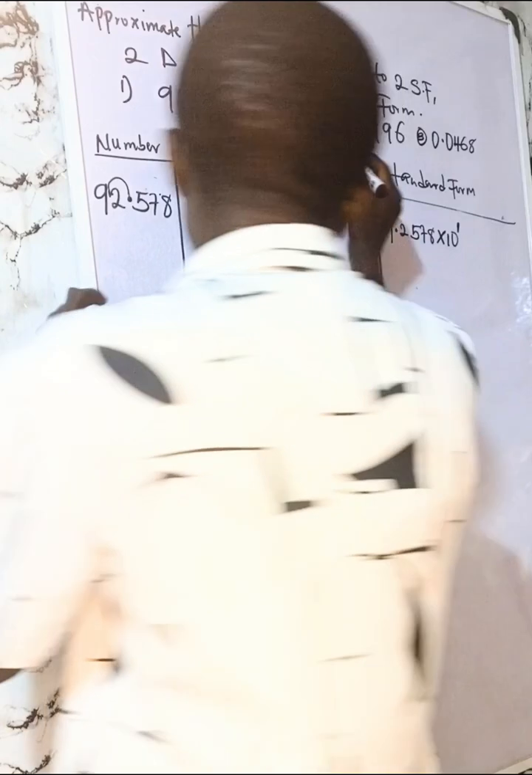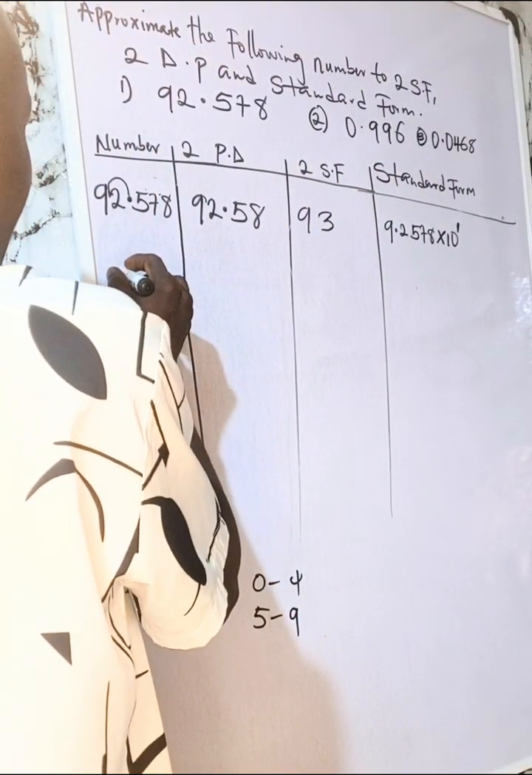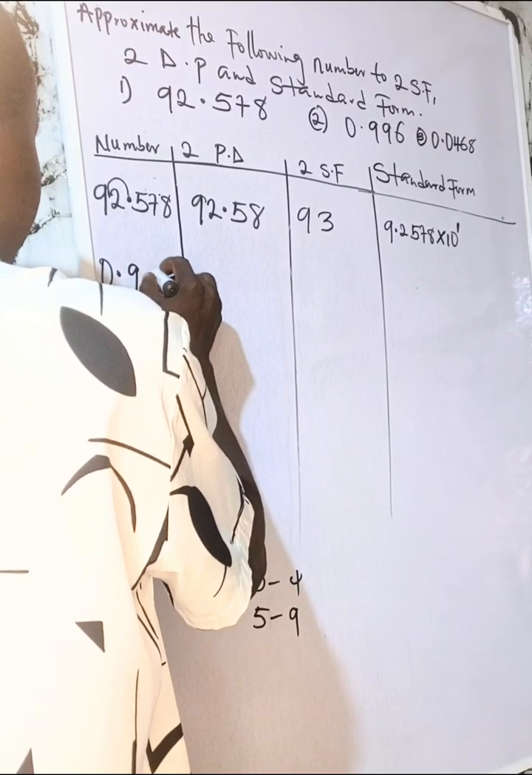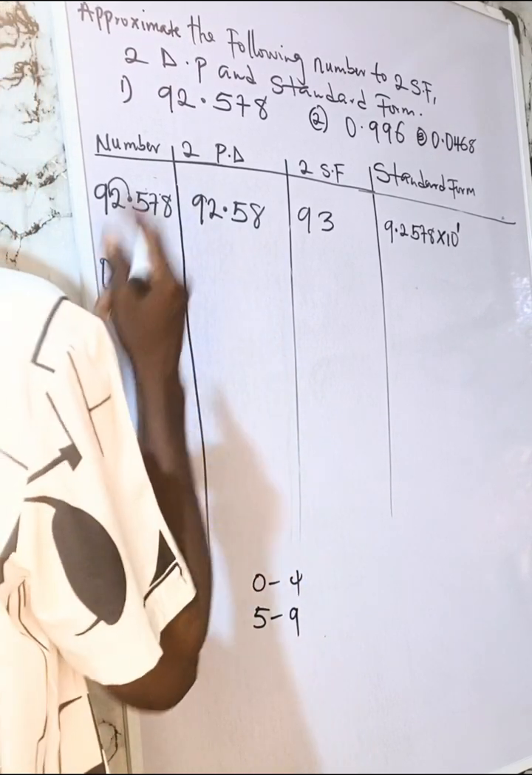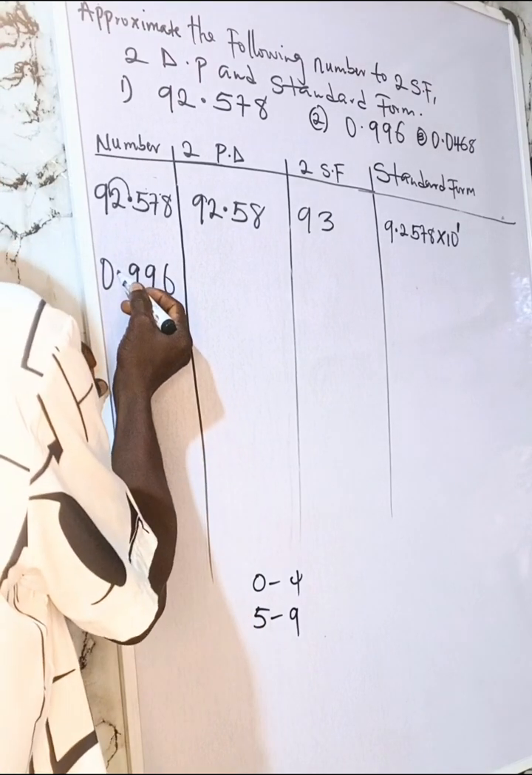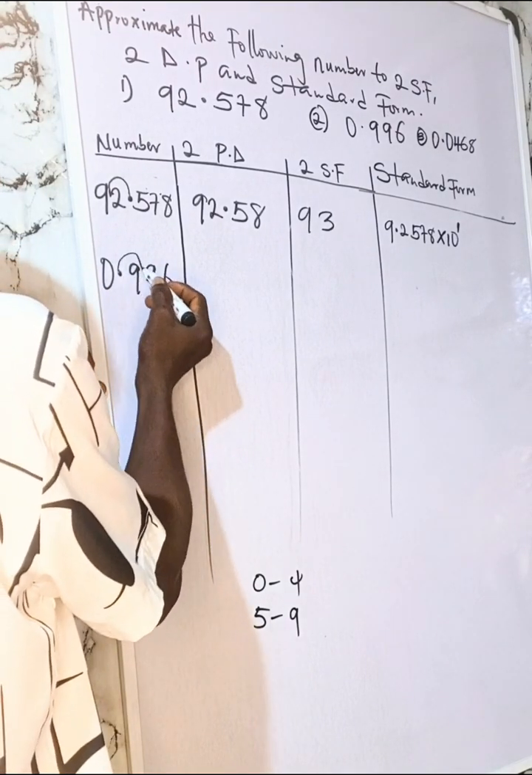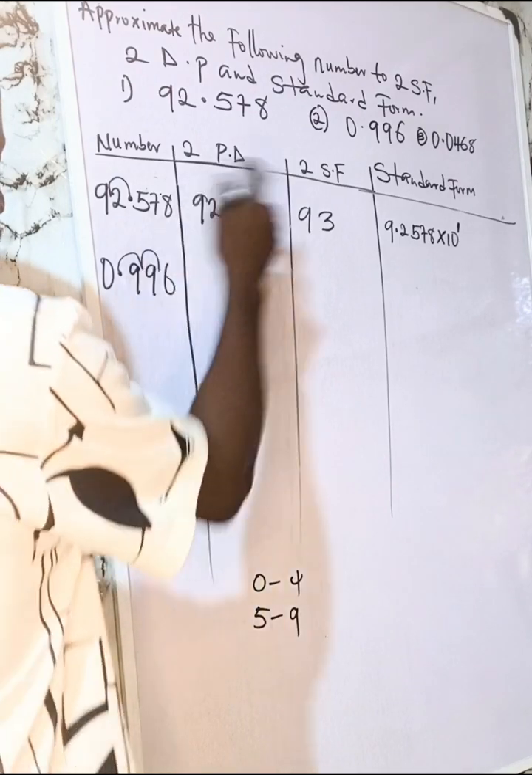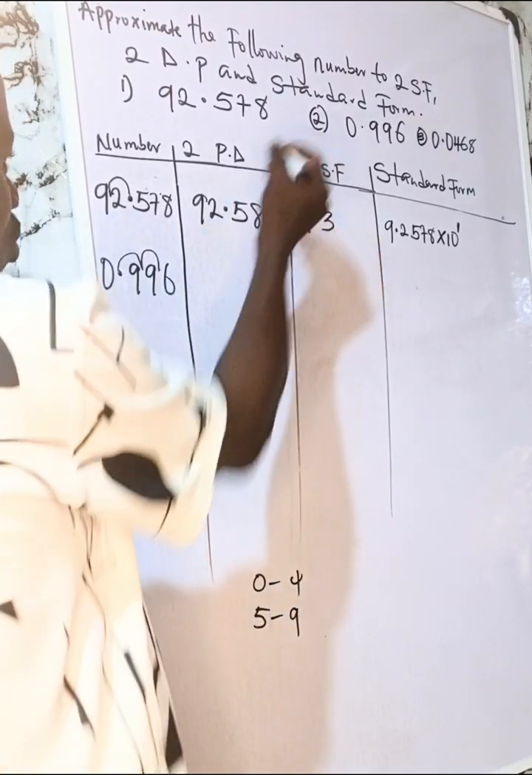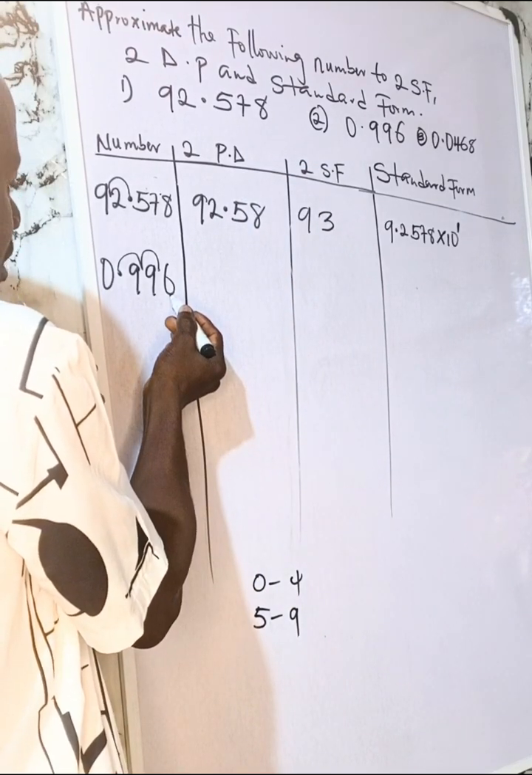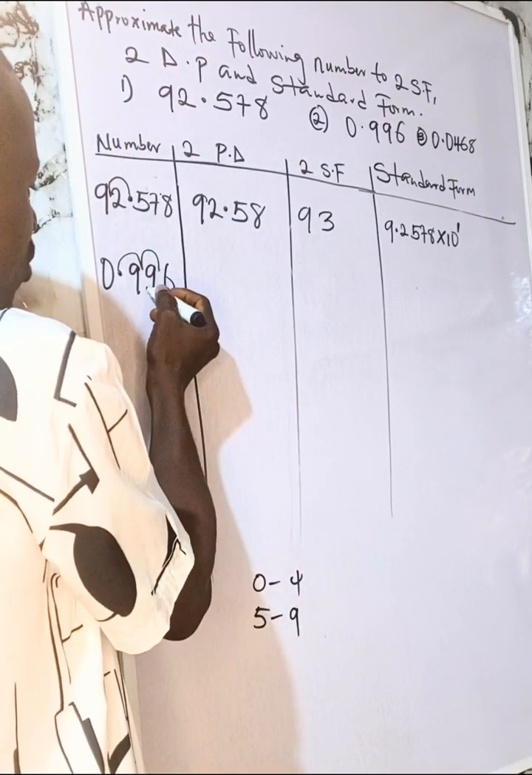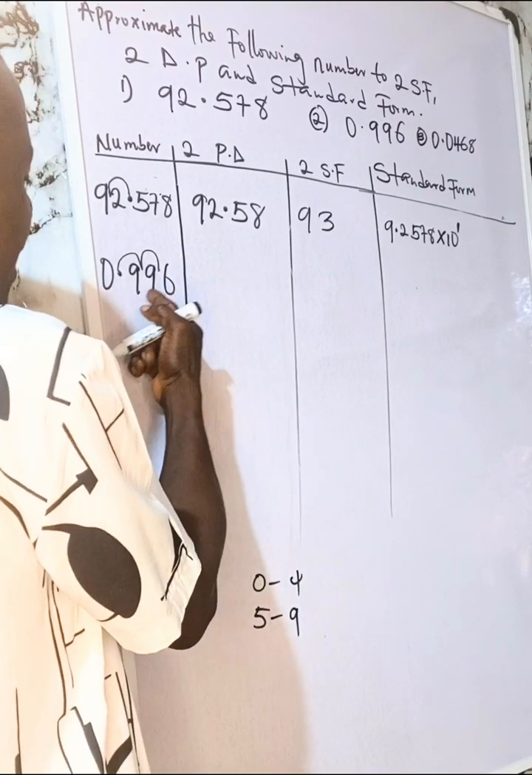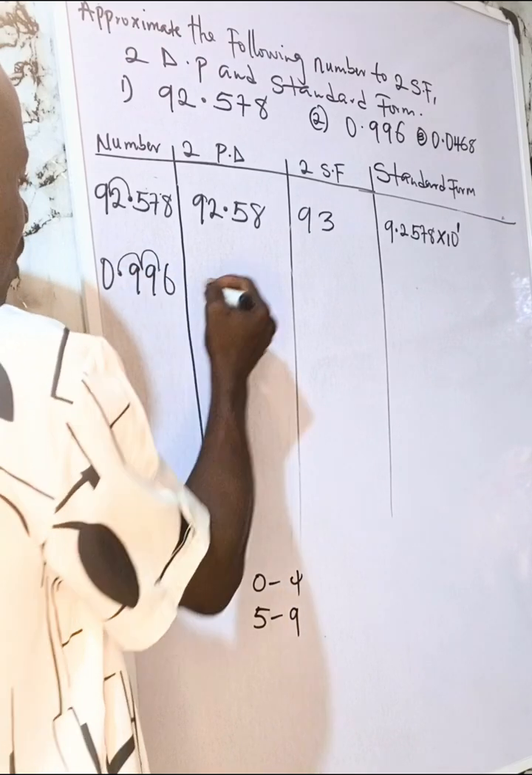Let's answer the second one. The second one says 0.996 to 2dp. Since I moved twice to the right, I will stop because they say 2dp. I will now check the number in front here, it is up to 5. I will call it 1, add it to 99. It will give me 100. Then I will carry that one and shift it to the 0. It gives me